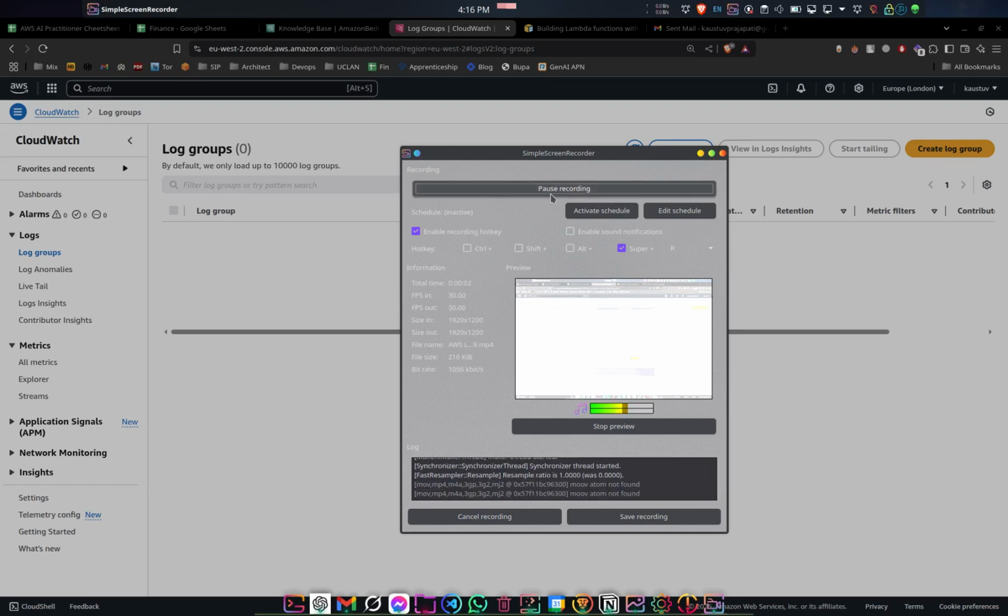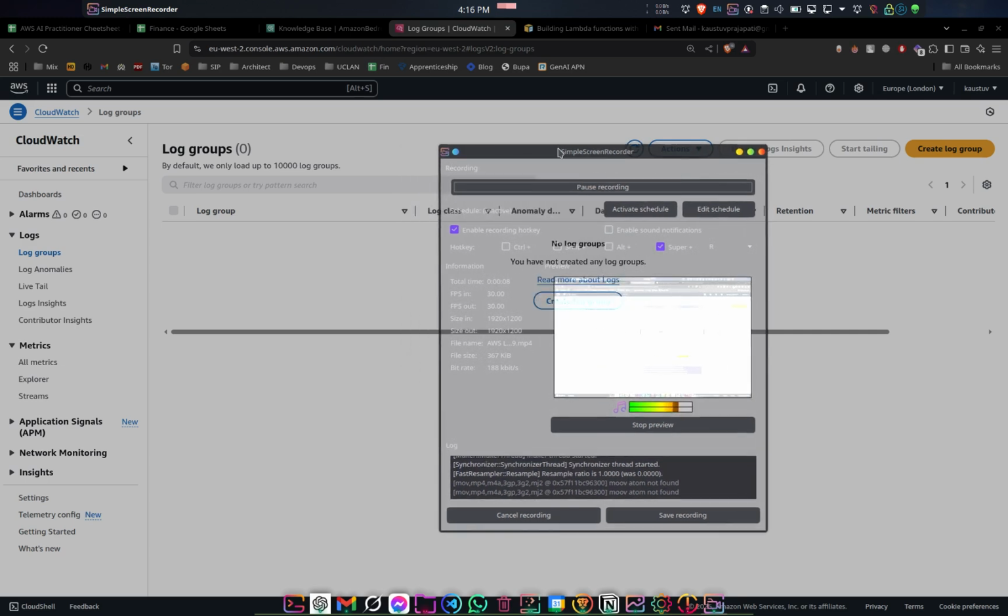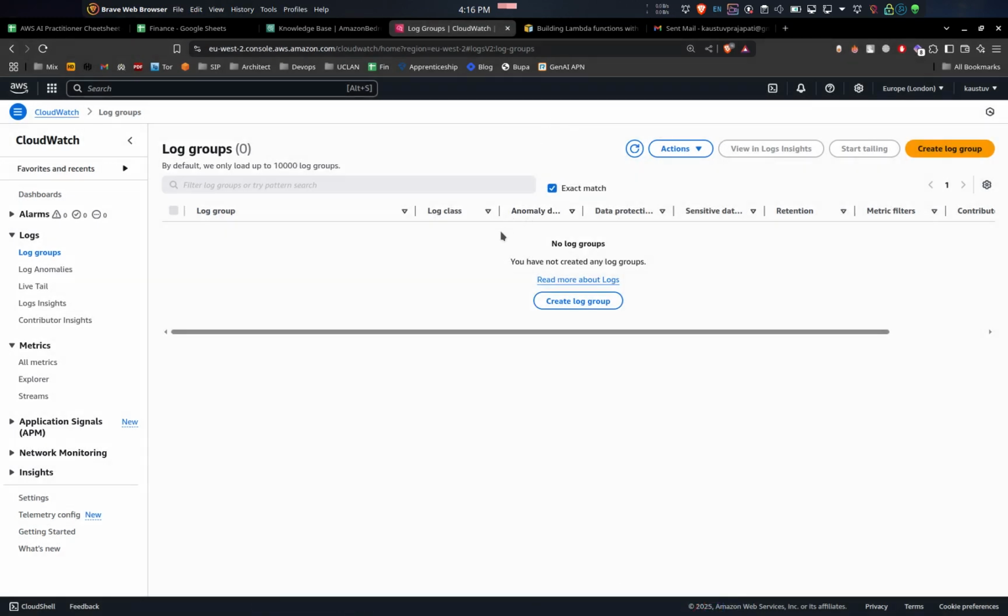Hello everyone. In this video we will be doing the Lambda labs. We create a Lambda function and then we're going to trigger the function with an S3 bucket. Okay, so go to our S3 bucket first,